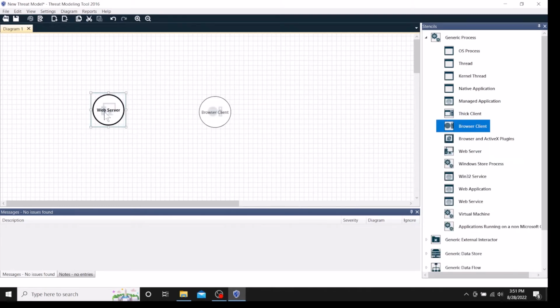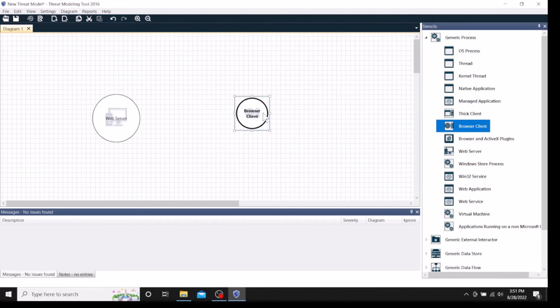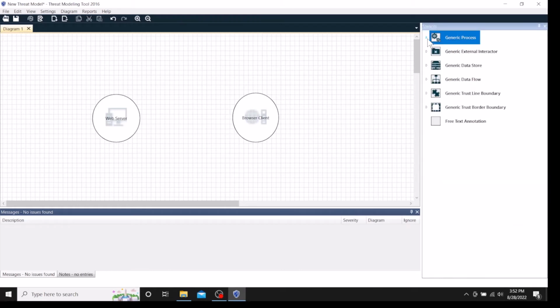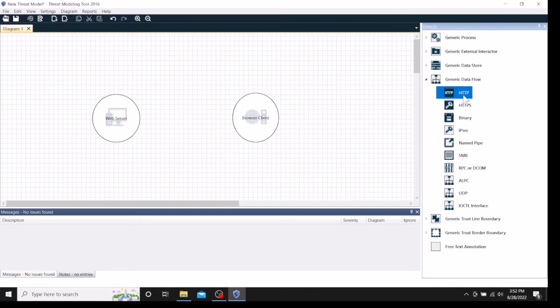Okay, now we have selected two components. Suppose if you want to make the element size big, you can make it. Okay, next step, we need to create the communication protocol between the server and the client. So you can come to generic data flow. Assume that we are implementing in the HTTP channel. So you can select